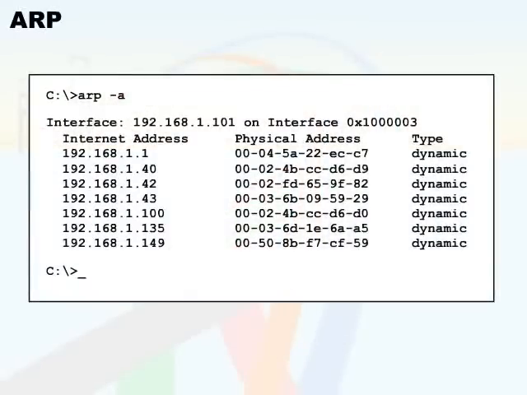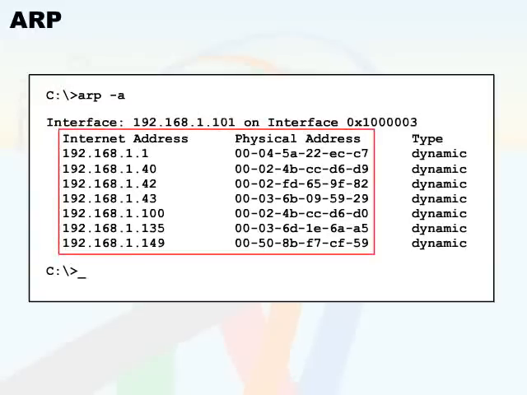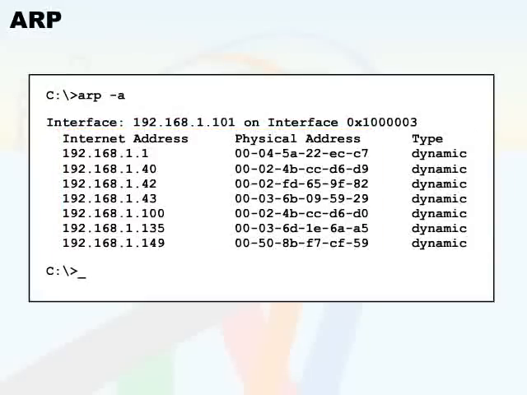On a Windows platform, you can actually display your ARP table by looking at its contents with a command, ARP -A. This will actually show you any static or dynamic internet addresses to physical address mappings that you have. You will notice that in this particular display, all of these are dynamic, meaning that they've all been built based